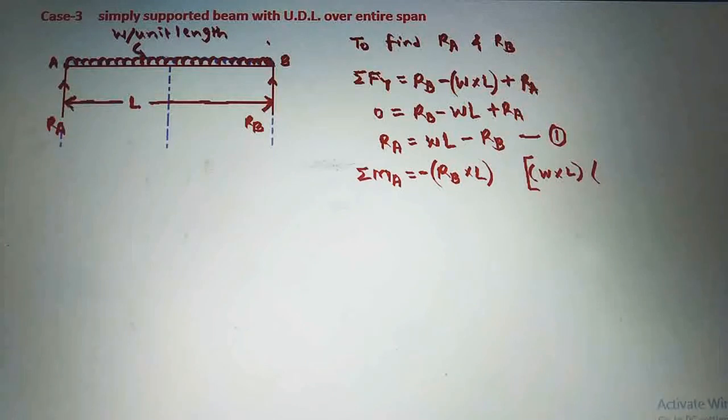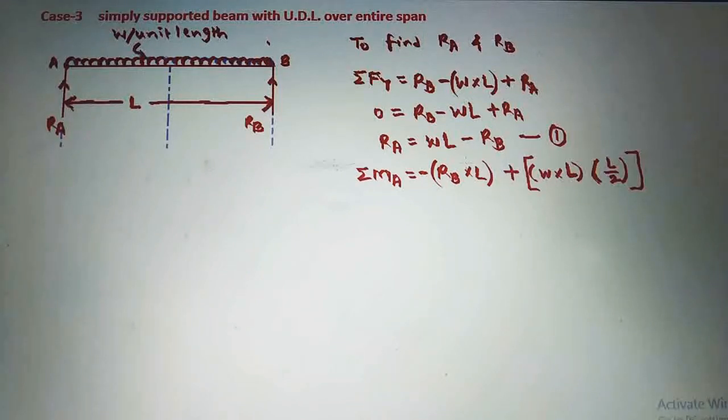Now see here, as the UDL is acting from A and the distance over which the UDL is acting is capital L, the perpendicular distance will be L by 2. So this will be the magnitude of the moment of the UDL: W into L will be the force, and the perpendicular distance from A will be L by 2, and this UDL has a moment with respect to A that is clockwise, as the UDL is acting in a downward direction,